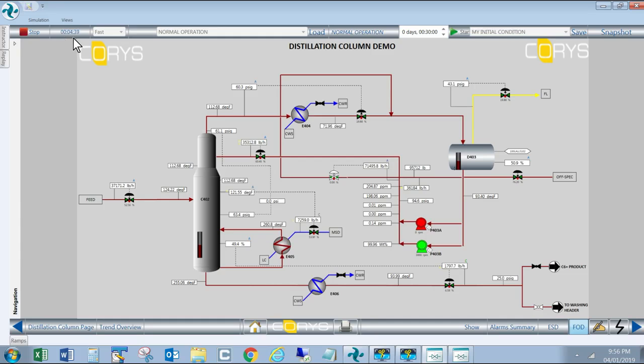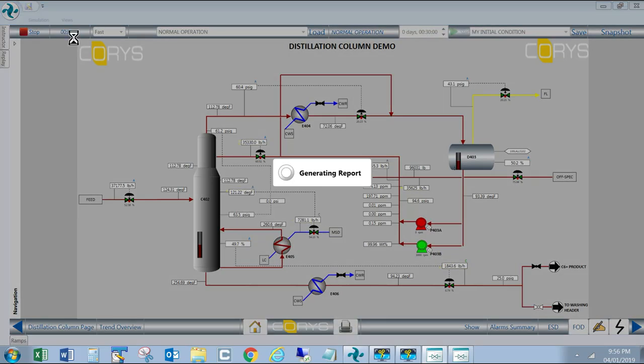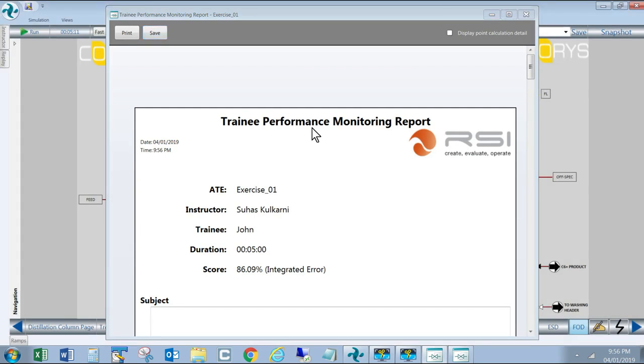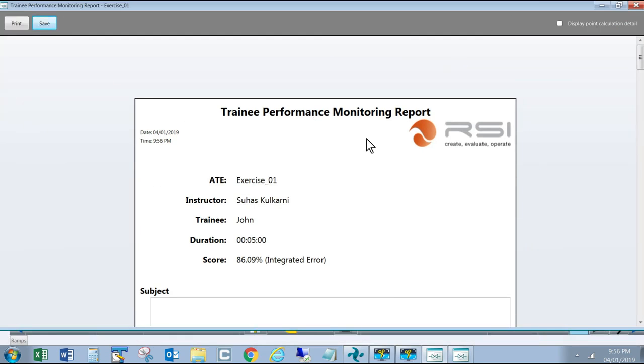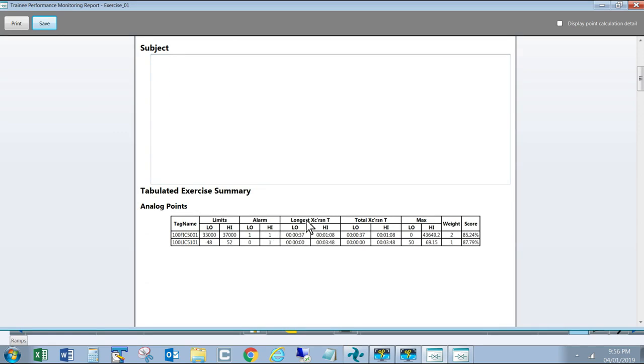So we are getting close. So then the system generates a report. You can see that. The exercise is exercise 1. That's the name of the exercise. Instructor is myself, trainee is John. Duration was 5 minutes and the score was 86%. So that's pretty good. So it gives you a statistical analysis of all the variables that were being monitored by